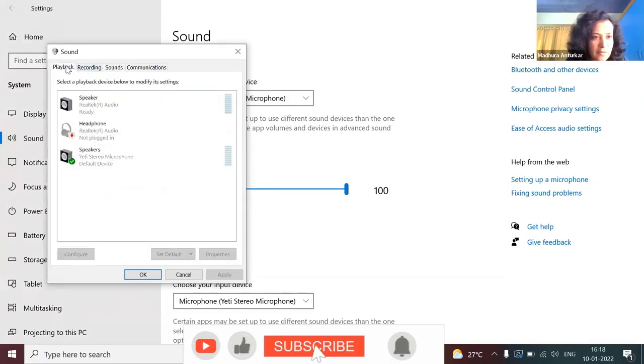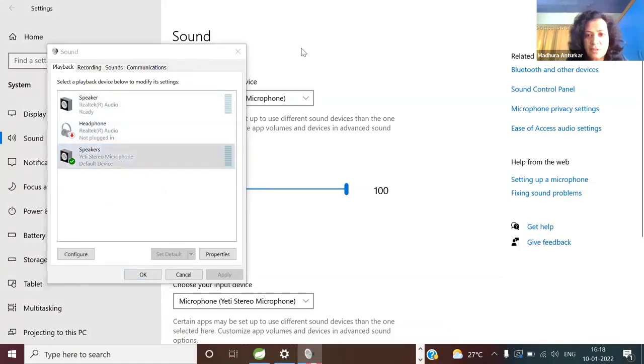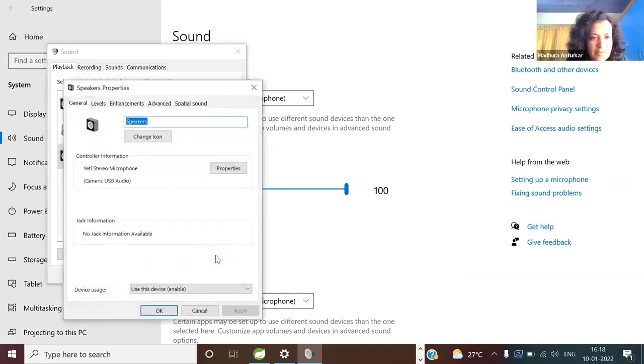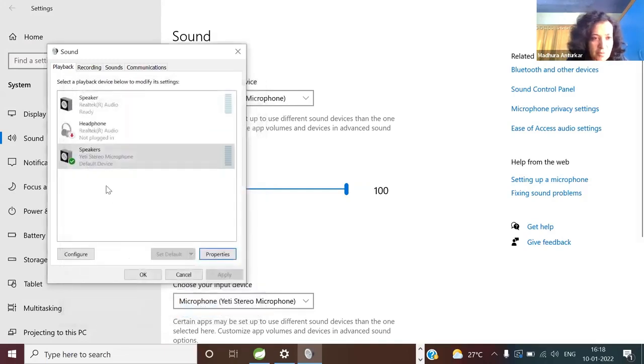Playback, you're saying? Speakers, is this? Are you seeing any problem anywhere? Yeah, I chose the playback. I'm choosing this new stereo microphone. Let's see properties. Speakers. Don't see anything. You see any problem here? Right click, set default. Playback pane.